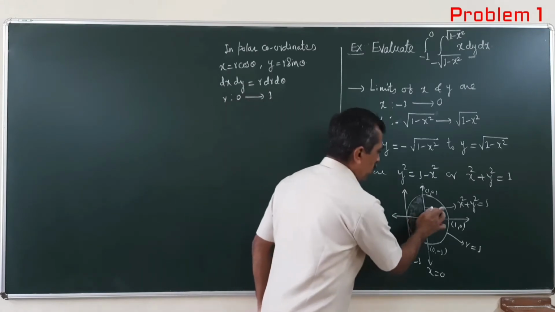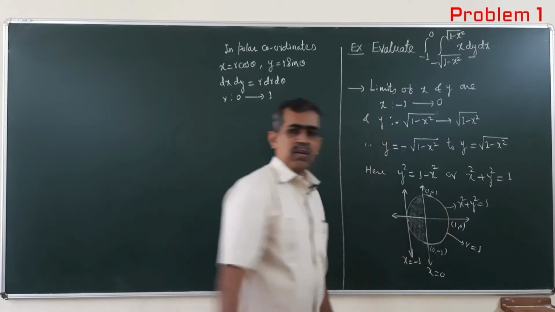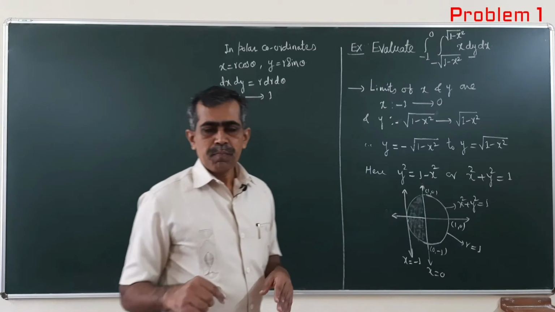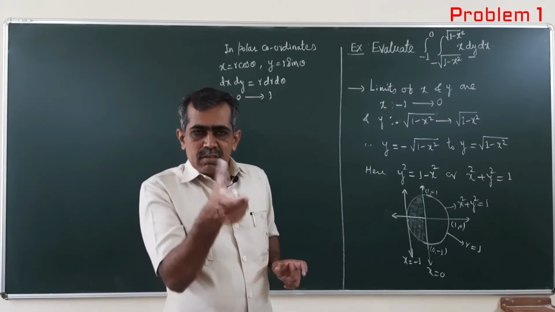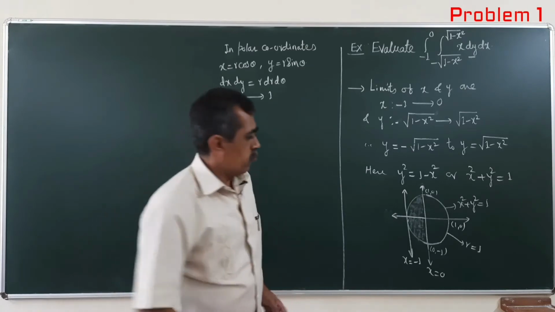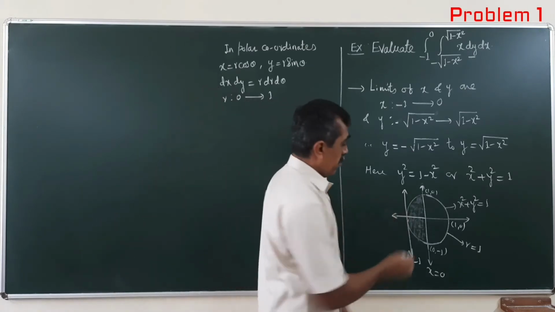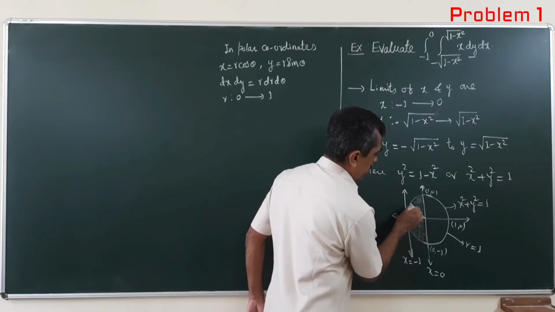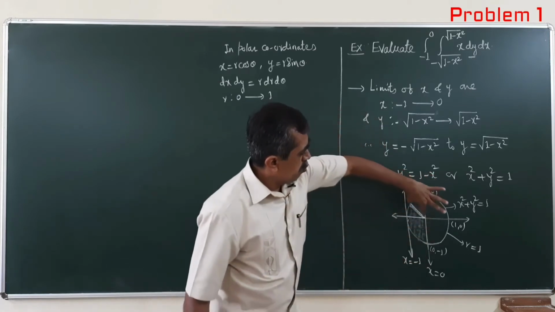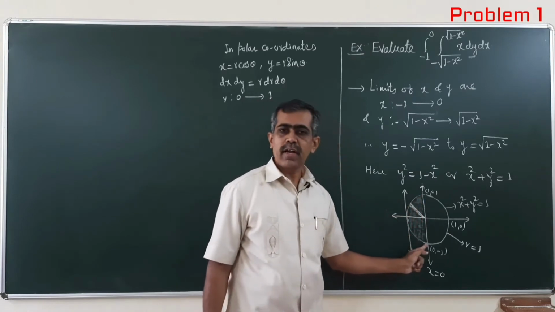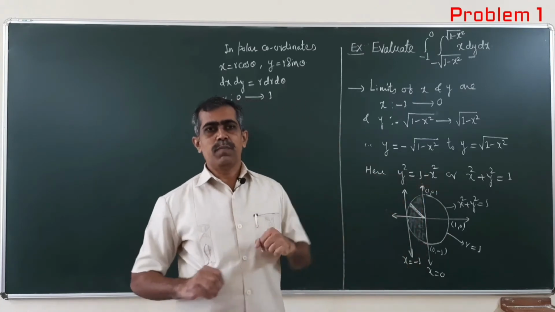Now here we are in polar coordinates. In polar coordinates, r and theta are the variables. I have already told you r is always constant along the circle, but theta will describe all the points on the circle. So our strip here will be like this. You move this strip from this point to this point, and this will cover your region.